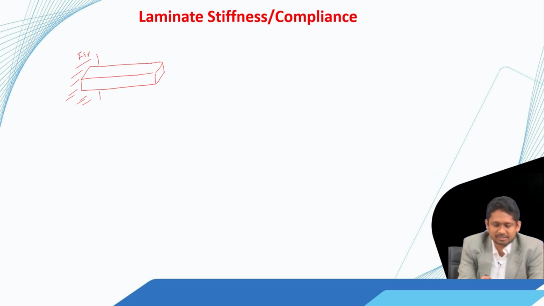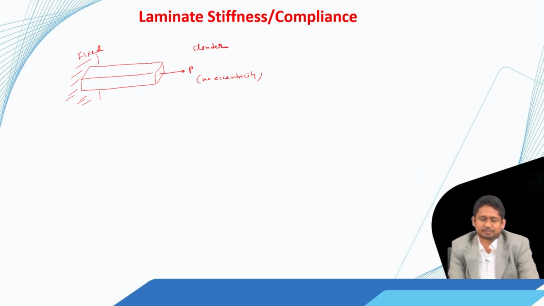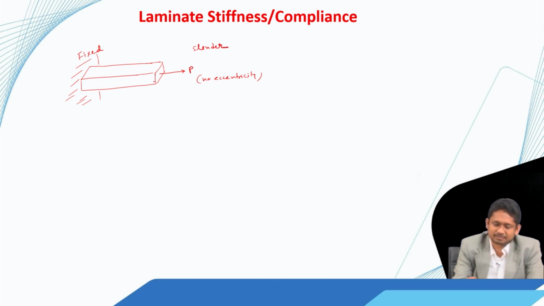So, let us say it is fixed here and let us suppose that we pull it with P and there is no eccentricity of the load and this structure is a slender structure. So, when we try to analyze this, the deformation here, the displacement here that we find is P L by A E,